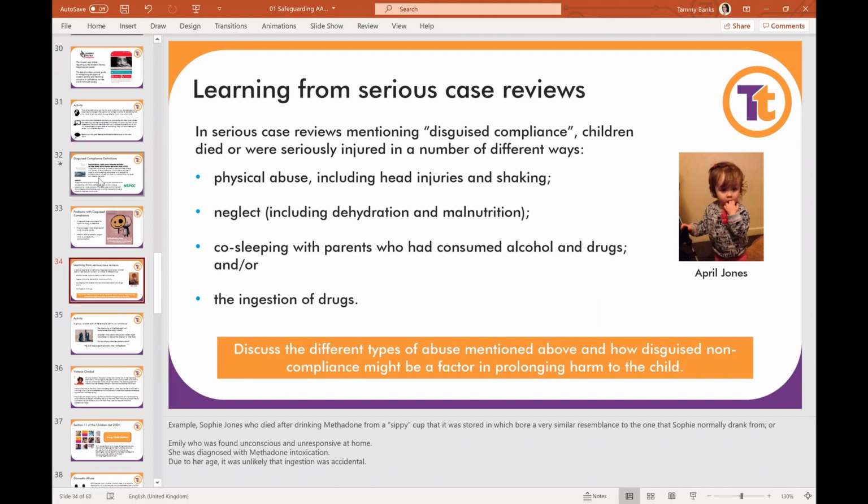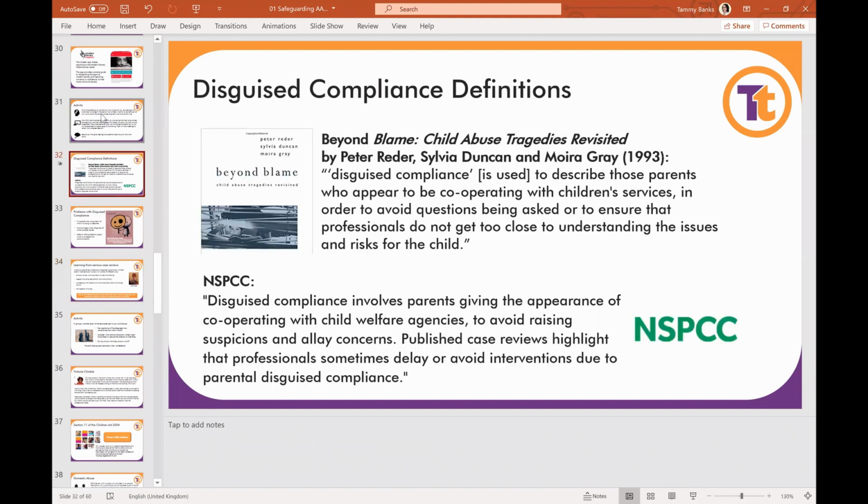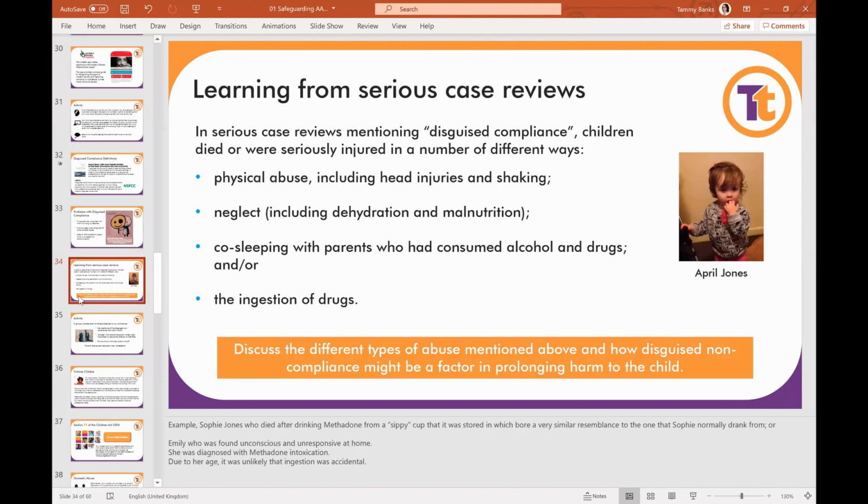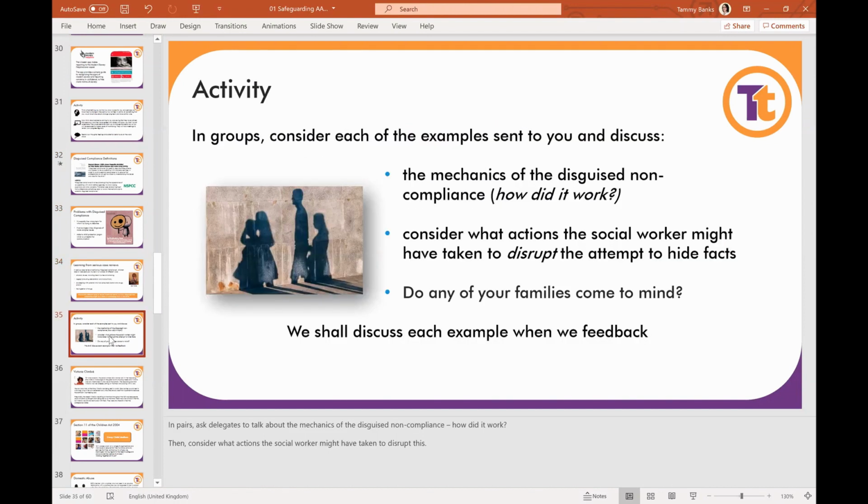But when you do, after you've done that activity, when you come on to this one, there needs to be something that really contextualizes why we're focusing on disguised compliance. And that can be serious case reviews. In every awareness and alert it's asked about, people are forever asking for more information about it. And then have that activity if you think that it's needed, relevant, will be useful, but not just for the sake of it.